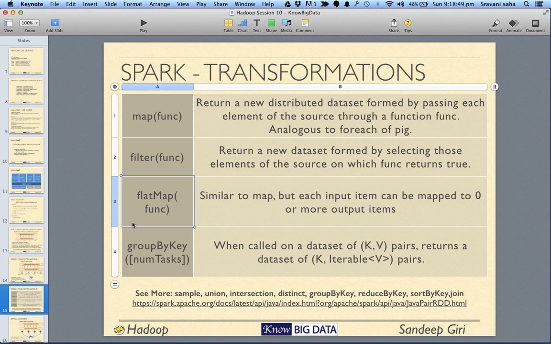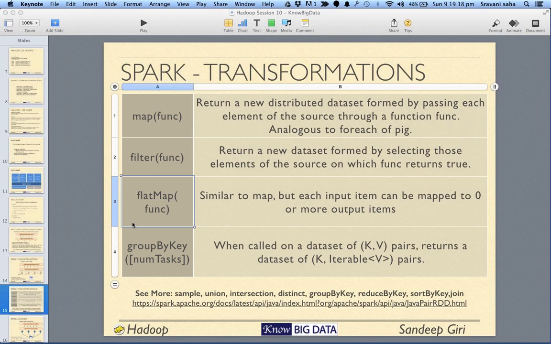So basically, the function which we are passing to flat map can return any number of elements for each element. For each element you pass to this function, it is the choice of this function, which will be written by us, to return zero or more values. Now you recollect our discussion of normal map reduce.